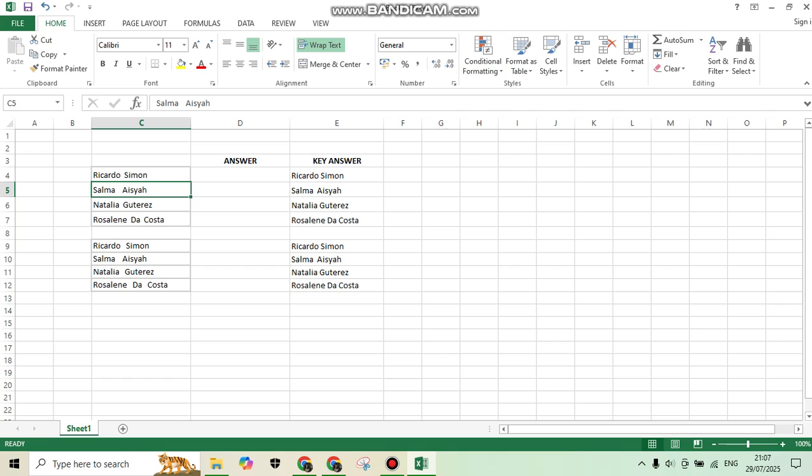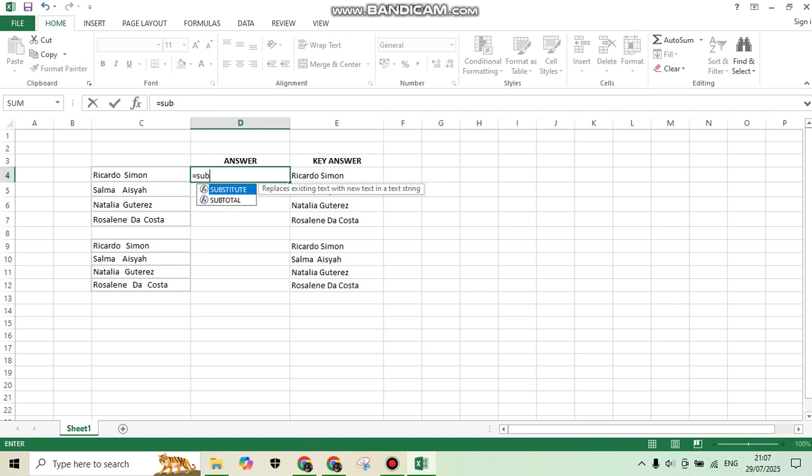So the first step I would do, I think it's probably better to identify how many spaces it contains. There are two, as you can see, 1, 2 here. The next step I will do is put my cursor into another cell. Then I will type equal, then I will type SUBSTITUTE. Double click until it gives you the open parenthesis, and you can click this cell that contains the